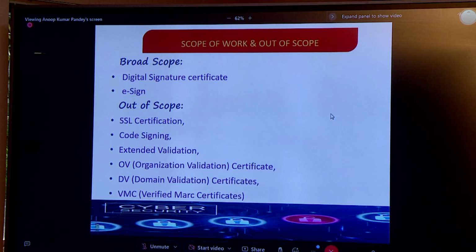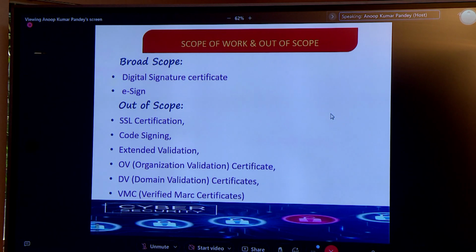Basically, this is the scope of work, and there are out-of-scope items for Verasys, the vSign technologies. We have selected Verasys technology for certification authority audit as per the WebTrust framework, and the scope was digital signature and also the eSign. Out of scope is that we have not taken any SSL certification. In due course, they are going for SSL certification. So when Verasys goes for SSL certification, we wanted to do the SSL certification audit also as per WebTrust controls and framework. And code signing,